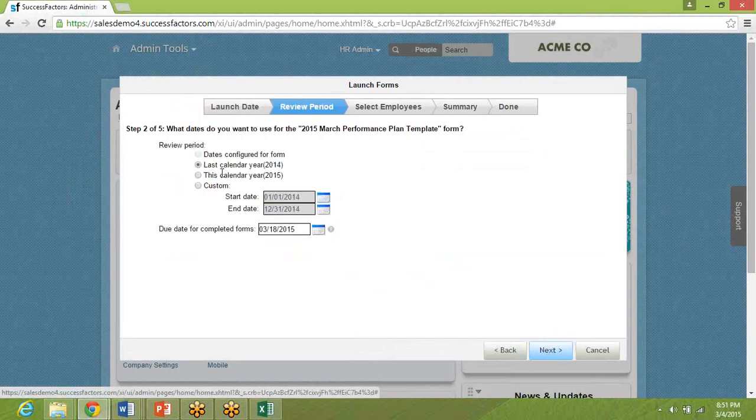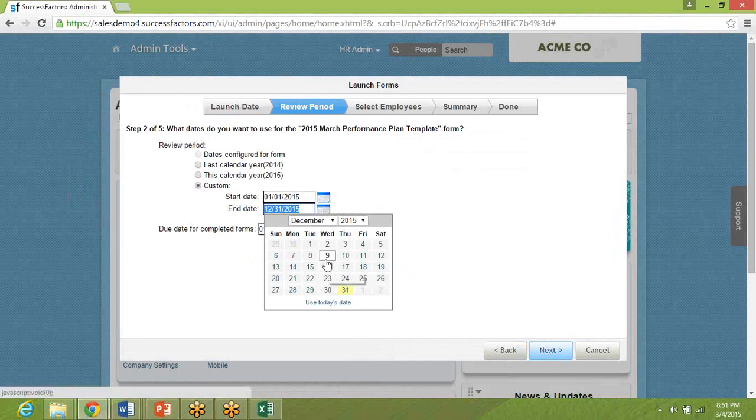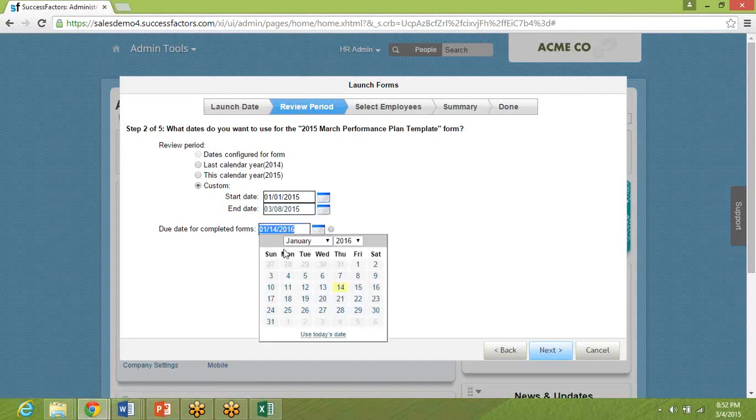And take these dates from the template, whatever dates you have configured for the form, or if you are interested, you can go ahead and create your own dates, guys. There is no problem. It will override the dates that you have kept in your templates. And let's say it is going to be sometime in March. Let's say it is going to end on